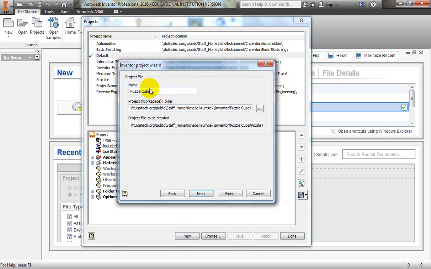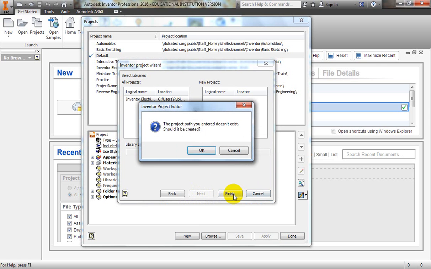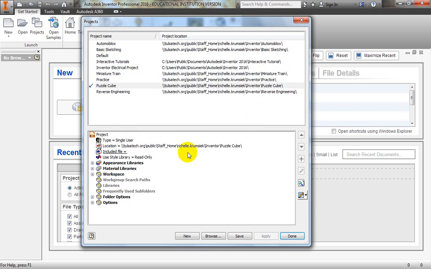Notice that it put puzzle cube at the end of my pathway here for my workspace. I'm going to choose next and finish, and it says you want to create this path, and I say okay because I do. And now notice that we have a puzzle cube project in the window up here, and it has a check mark in front. The check mark, as you've learned from your previous videos, lets you know that the puzzle cube is your active